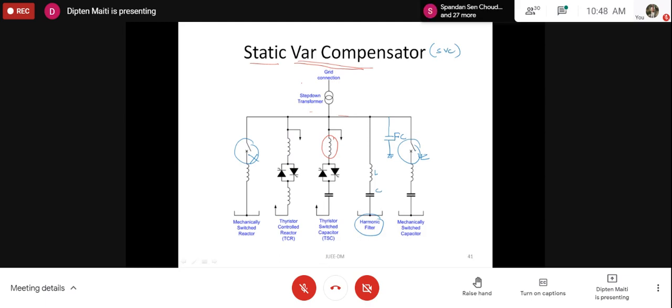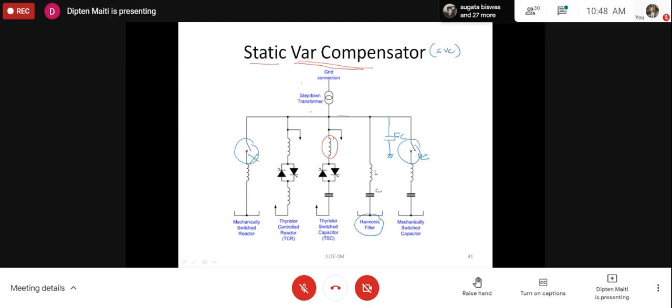You either use some sort of mechanical switch such that from time to time you measure what is the reactive power drawn from the line, the lagging reactive power, and depending upon that you connect the capacitor such that you can compensate the reactive power. Other than that, we can have an electronic control that checks directly the amount of reactive power by checking the displacement angle between the current and voltage, and depending upon that, it will decide by itself.